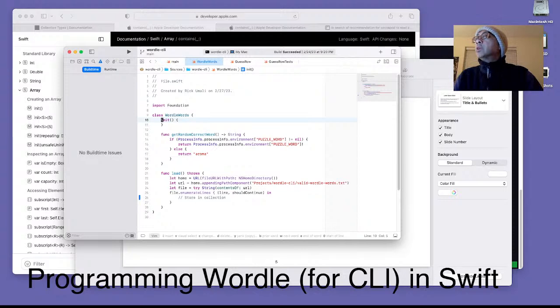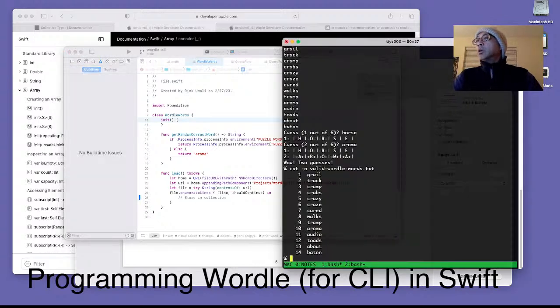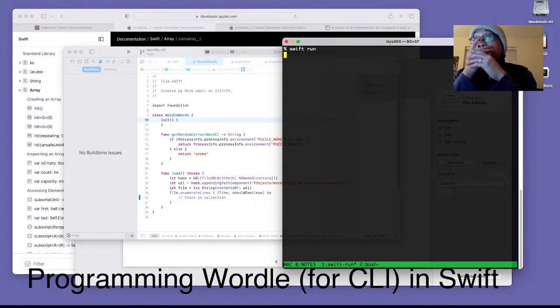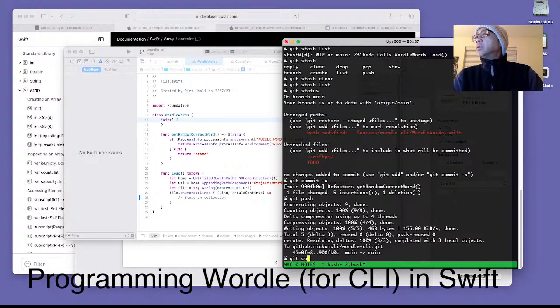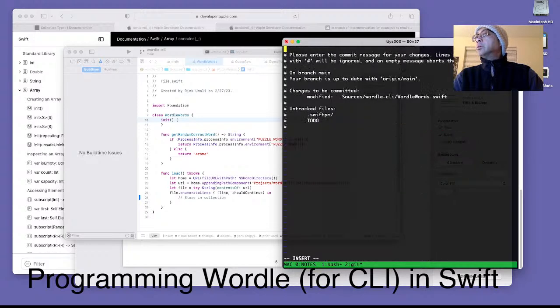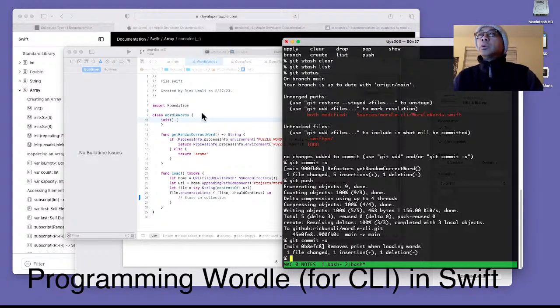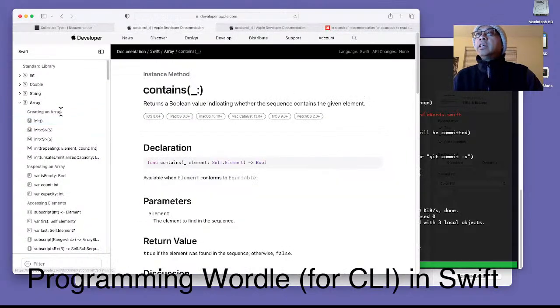So the next time I run it, it won't have the long wait. The printing of the words. It'll just present me with the puzzle. Okay, so let's save that. Removes print. Yeah. So our goal when we meet again is we'll